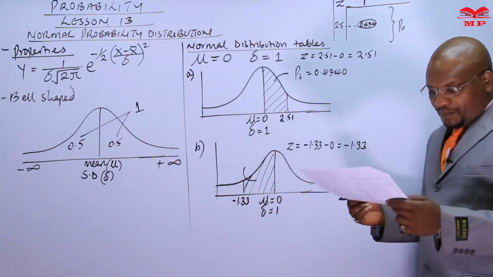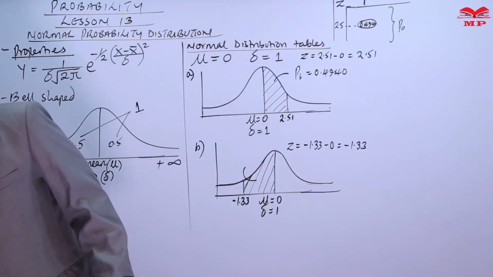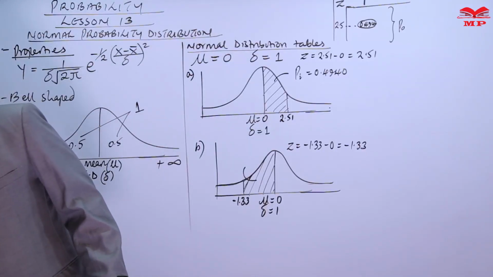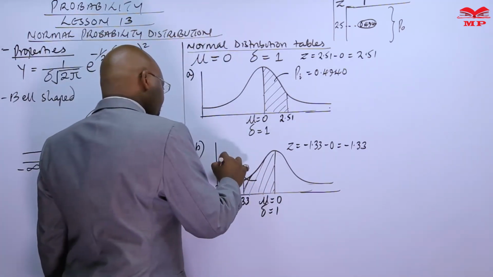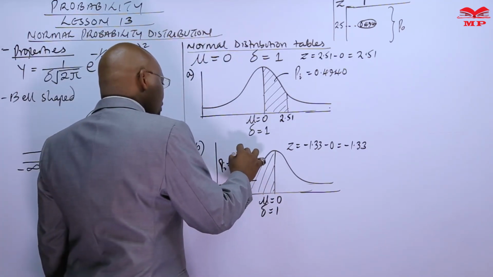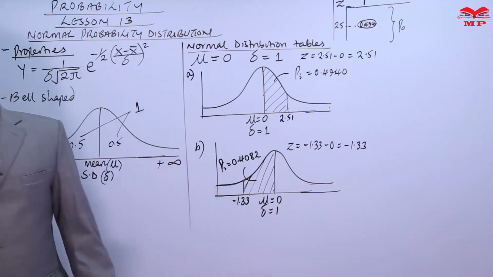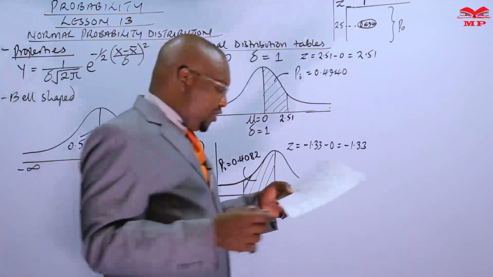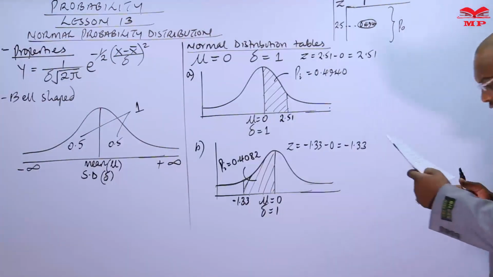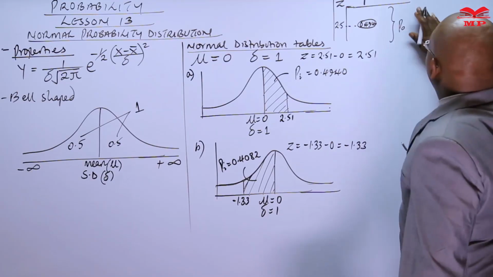So 1.33 from the table. If we read from the table, 1.33 is giving us 0.4082. So probability is 0.4082, so 40.82% chance. The next one is between 1.15 and 2.2. So if we draw here,